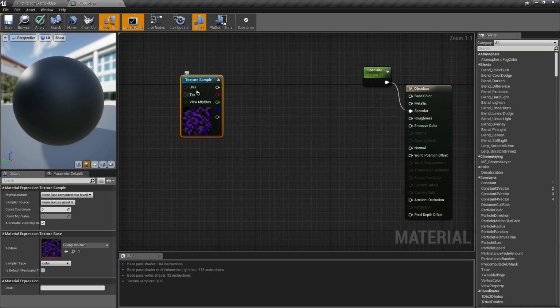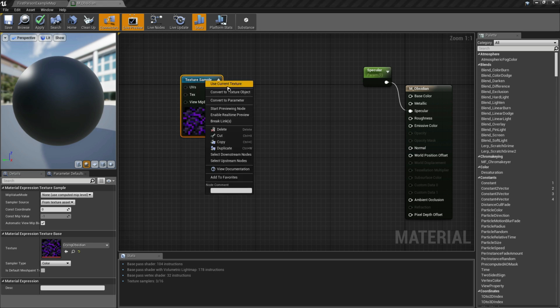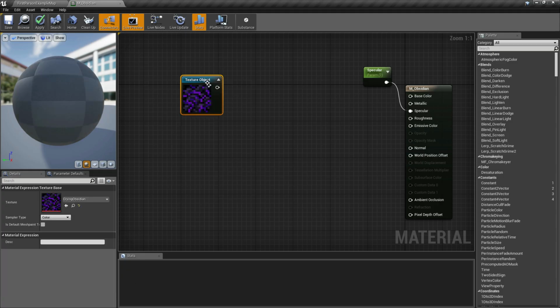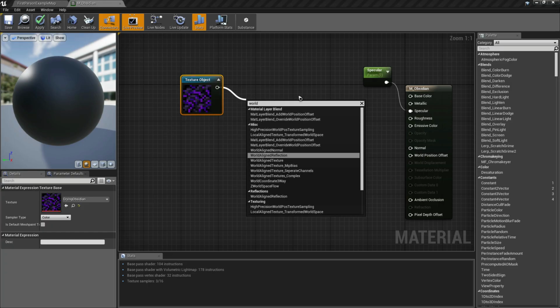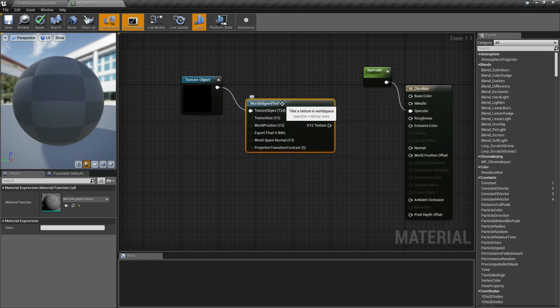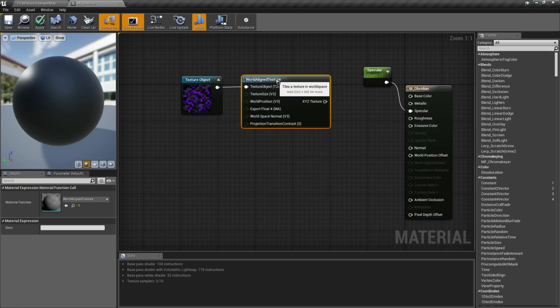What we're going to do is convert this texture sample into a texture object. Just right click on this node and look for convert to texture object, like this one. And then we're going to connect each node to the world aligned texture. So this is the node of world aligned texture. We're going to connect the XYZ texture on the base and on the normal.